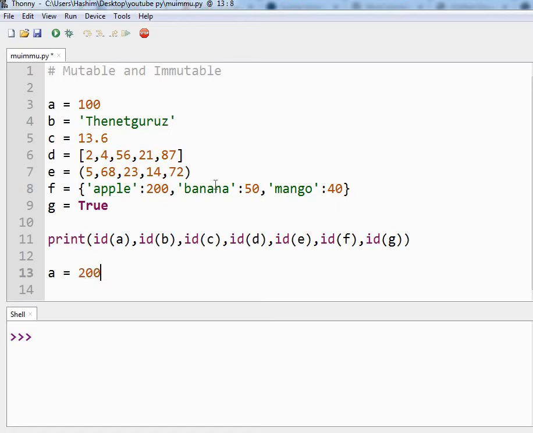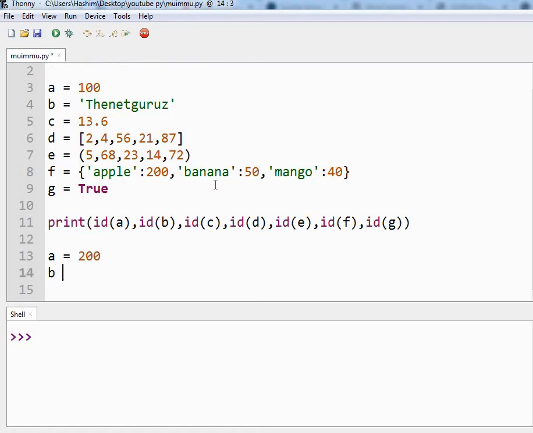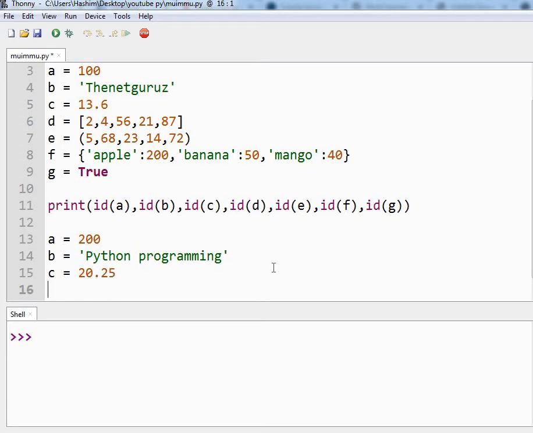So let us say A is equal to 200, B is equal to Python programming, and C is equal to, let's say, 20.25. Now D is containing a list, and if you remember, lists have index values.